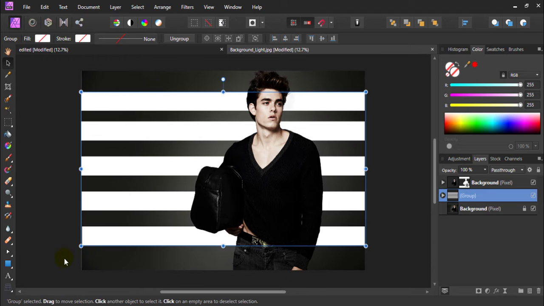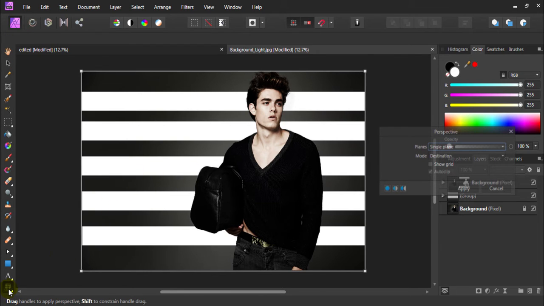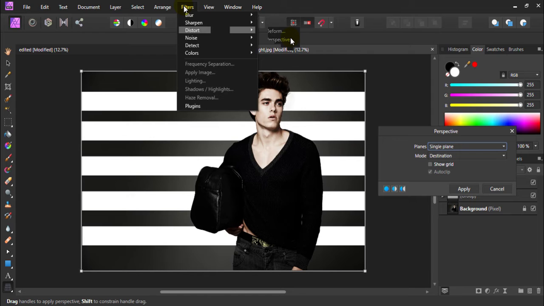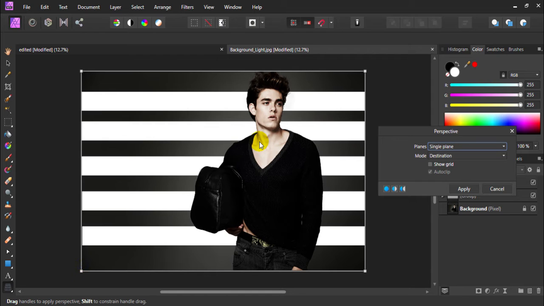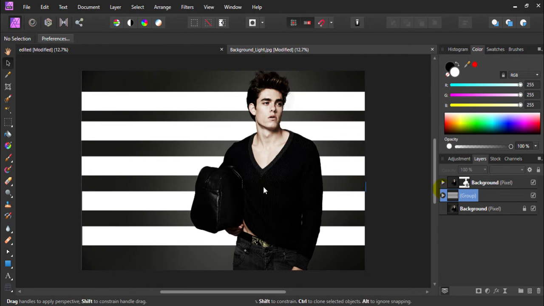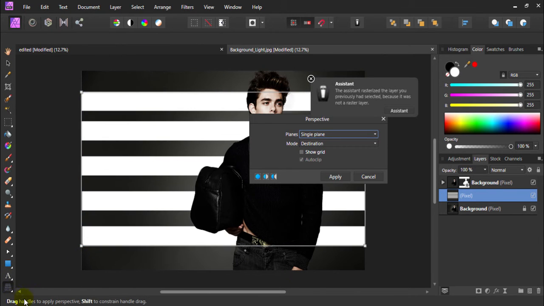Okay, so after that we have to change the direction of light because we don't want to have that light horizontal. So what we can do is just come over here to the perspective tool. Okay, if you don't have this in your toolbar, what you can do is go to filter and then distort and then perspective. Okay, so I already opened this perspective tool and just hold down this corner. Okay, so I think I made a mistake because I didn't select this group layer. Most of the time this happens with most editors, so I again select this perspective tool.